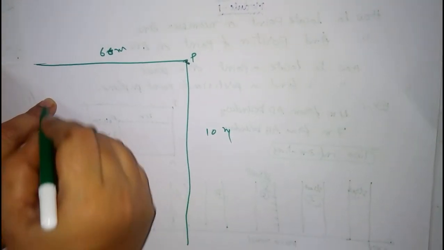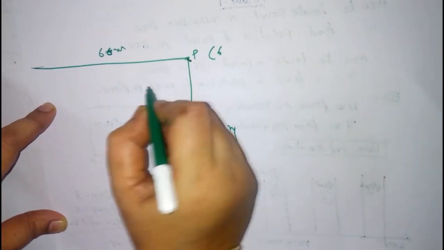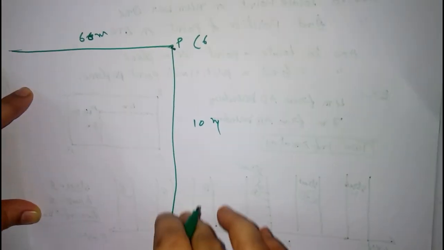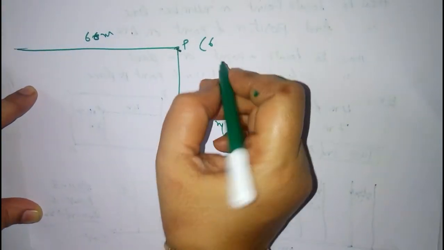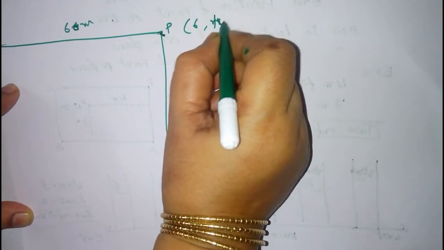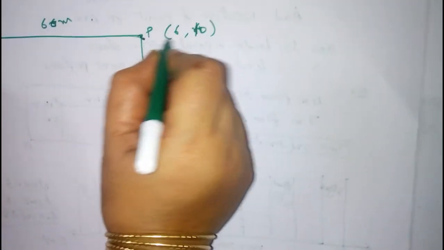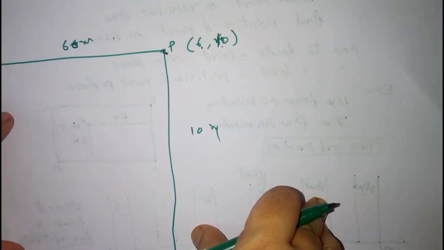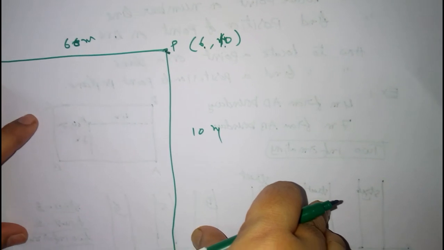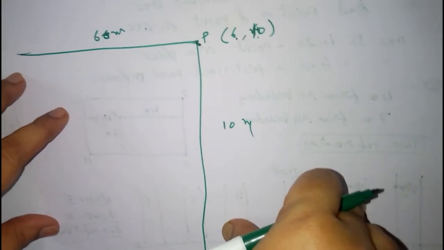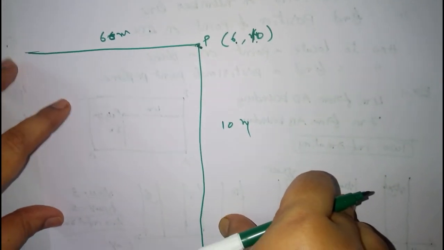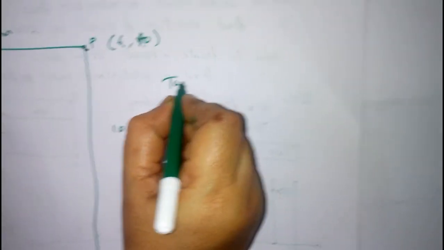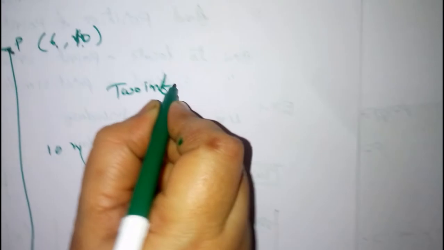The order is important. 6 meters from the left edge is the information given first. The second information is 10 meters from the border edge. So if you write it in order: 6, 10. Here also we observe that we require 2 pieces of information to identify the position of the dot. How many pieces of information? 2.